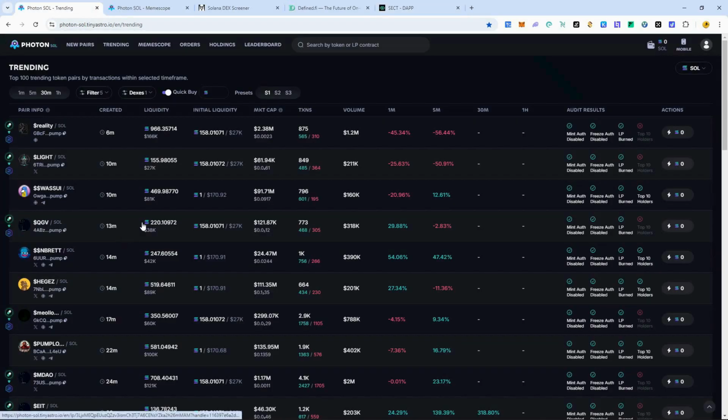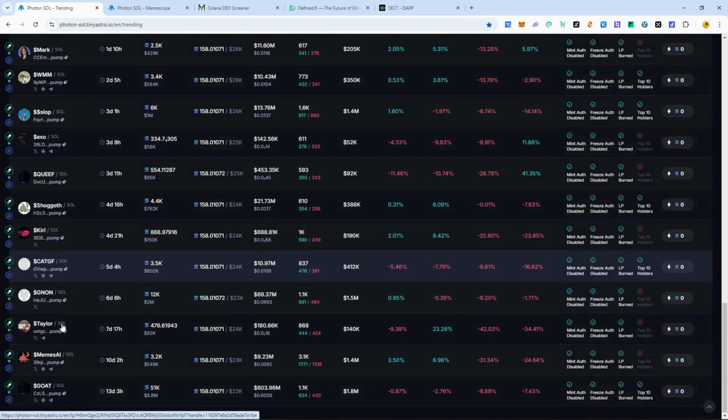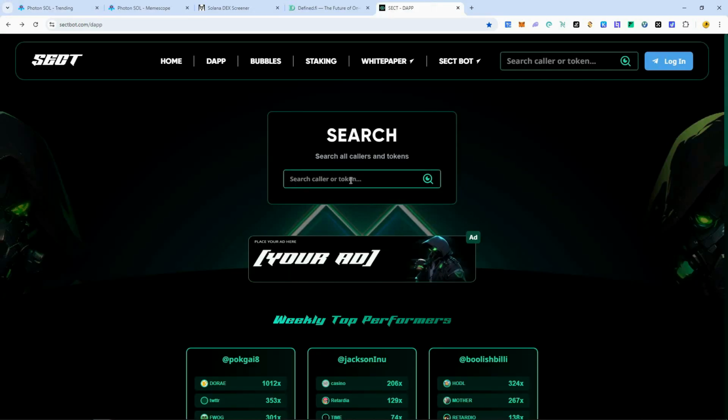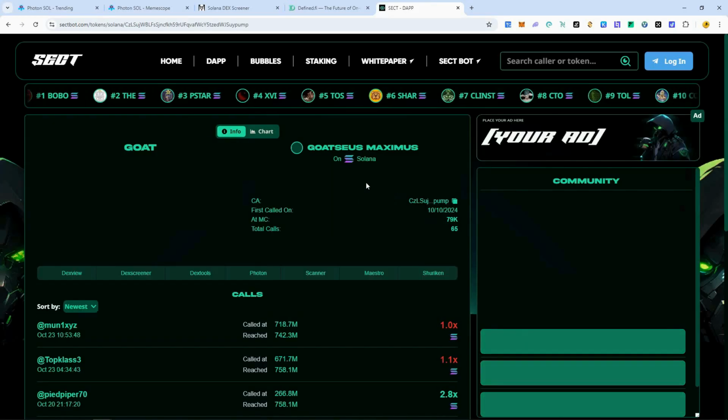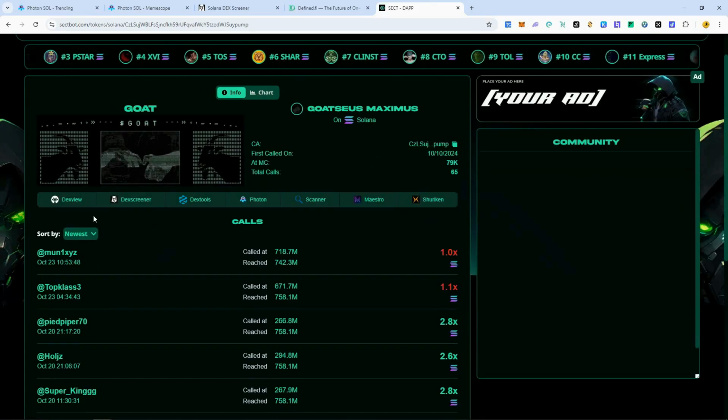So like I said, with that, you can also search for tokens, and you can search for specific tokens. Look at the calls that were made from those coins. And let's go to this one, this GOAT here. This one's been pumping over 600 million today. Truly incredible for GOAT. This one is breaking all the record books as far as how many X's this coin is doing. So now we can analyze this coin and see who first called it, who made the most profit